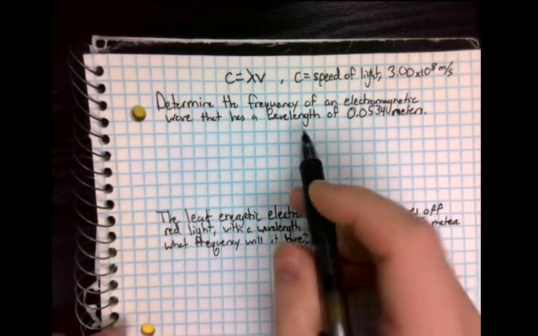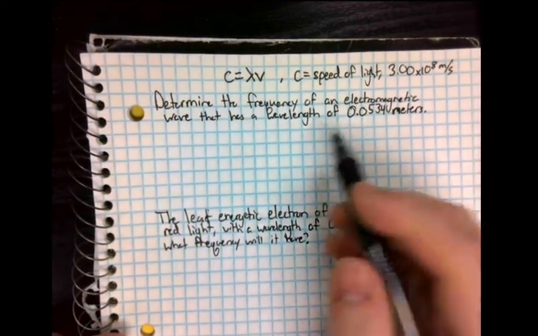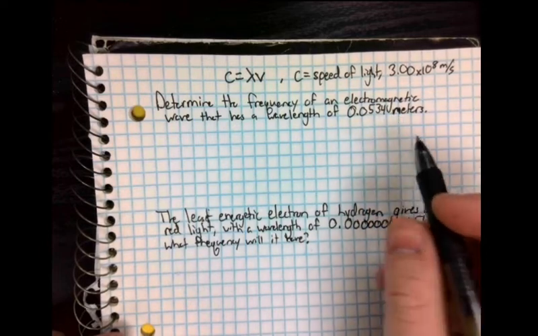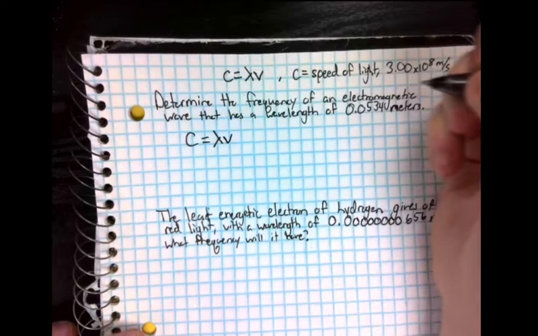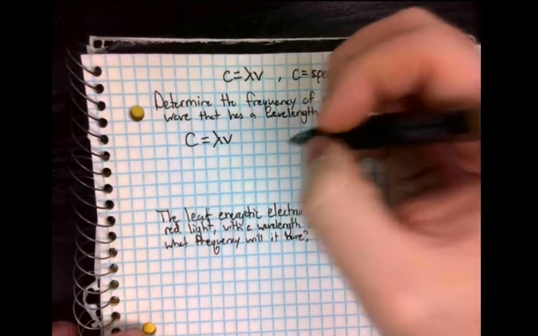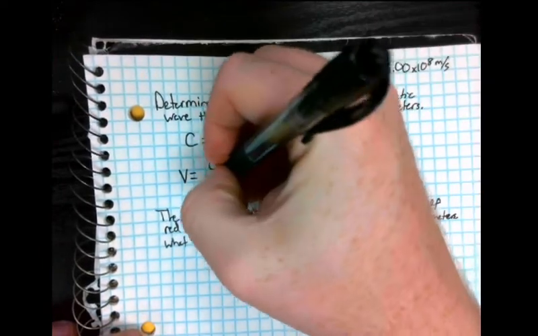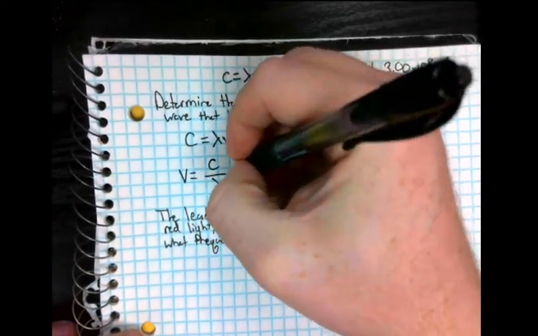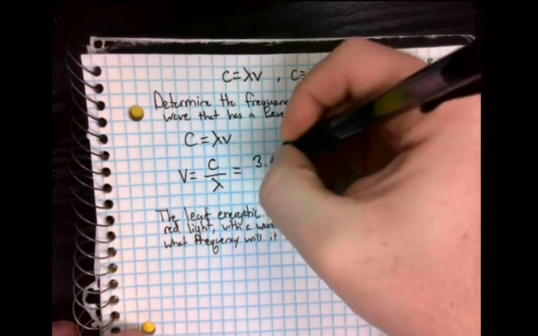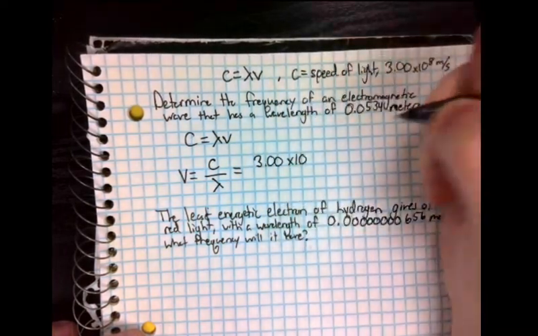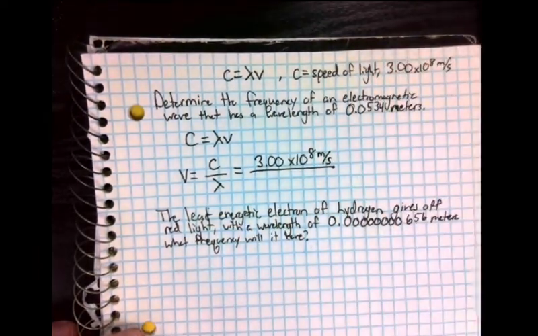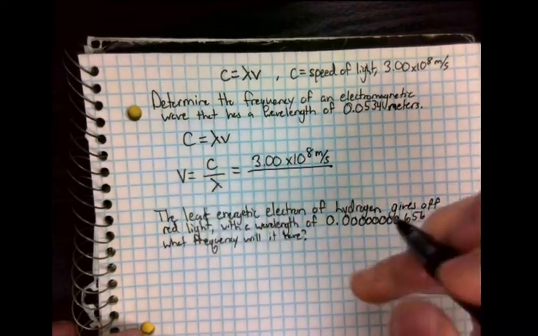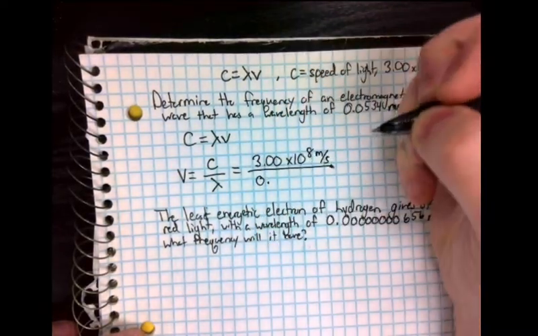So in this problem here, determine the frequency of an electromagnetic wave that has a wavelength of 0.0534 meters. We can rearrange c equals lambda v, and that will give us v equals c over lambda. So we'll have 3.00 times 10 to the 8th, and that'll be meters per second, over our wavelength, which is